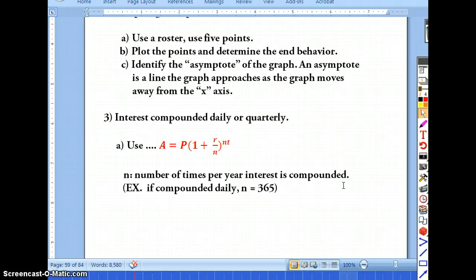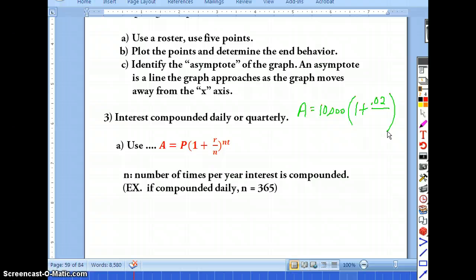But for example, we'll just put some numbers in here. Let's say, again, that you were going to invest, or you had $10,000 in the bank. So that is the equivalent of P in this formula. And let's say you were going to calculate the interest. Let's say the interest was 2%. So that's going to be a decimal, 200ths. And let's say that the interest is calculated